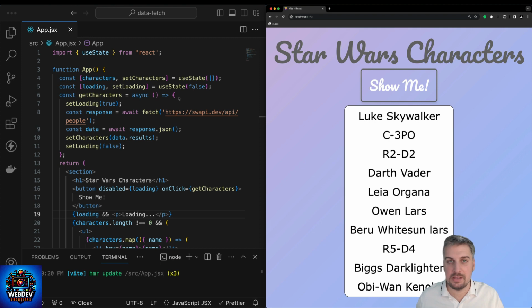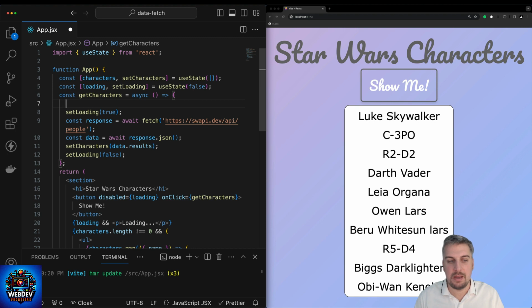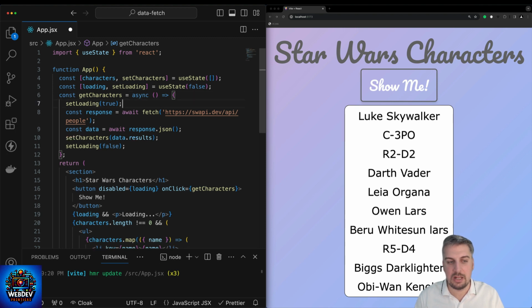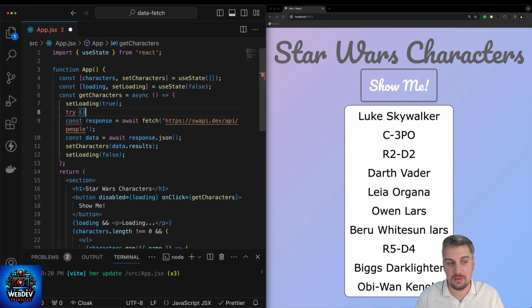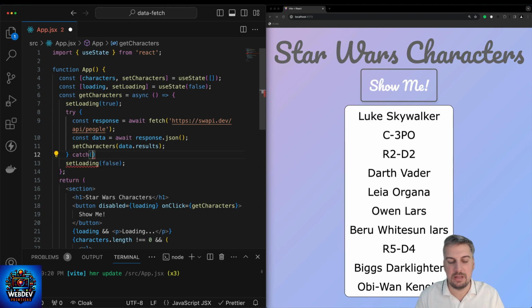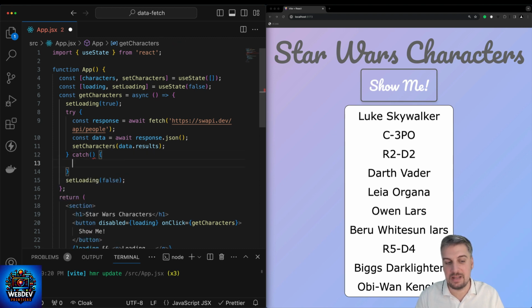Now, the one thing that I haven't done here, which I highly recommend that you do as well, is that you wrap this fetch API call in a try catch block. And I'll let you do this as an exercise. So you should do this in a try block. I'm not going to type it up for you. This should be in a catch block, and make sure that if there's an error, you set the loading indicator again to be false, because in case of an error, you want to re-enable the button, but you should also display some sort of an error message inside the UI. Okay, but I'll let you write up the code. You have the boilerplate right here on my screen, so it should be very easy,